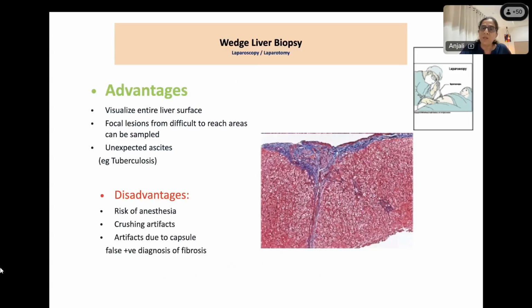Why I have included this slide is that whenever a pathologist is reporting a liver biopsy, we have to keep in mind that what is seen here in blue is the liver capsule. This is Masson's trichrome stain. So this is the liver capsule, and these are certain fibrous septa which go from the liver capsule, and this is normal liver histology. Always a few fibrous septa go from the capsule into the adjacent liver parenchyma. So this is normal liver histology. You should not misinterpret this as liver fibrosis.